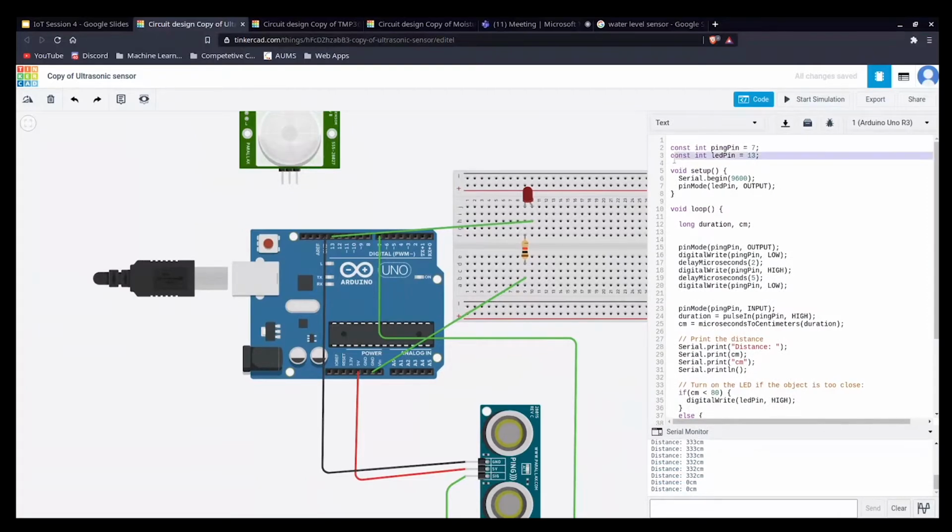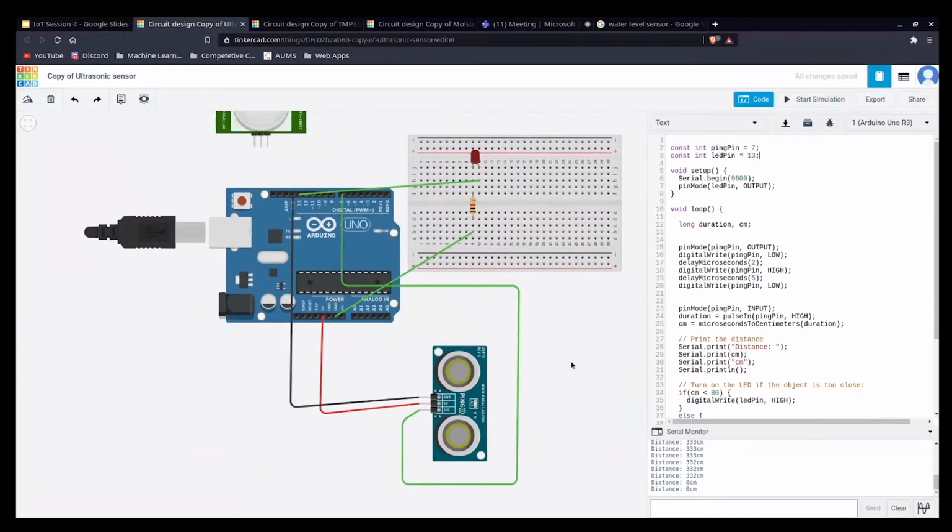All right, so the first two things, as you can see, are two variable declarations which are constant. Actually, what we are doing is declaring the pin numbers. Here you can see pin number 13 is for the LED and number 7 is for giving input and output to the sensor, right? We have declared them constant. You may know that the const keyword is used for giving a value to a particular variable throughout the program. So even if we try to change it, it won't change. It's to keep it safe from getting accidentally altered.